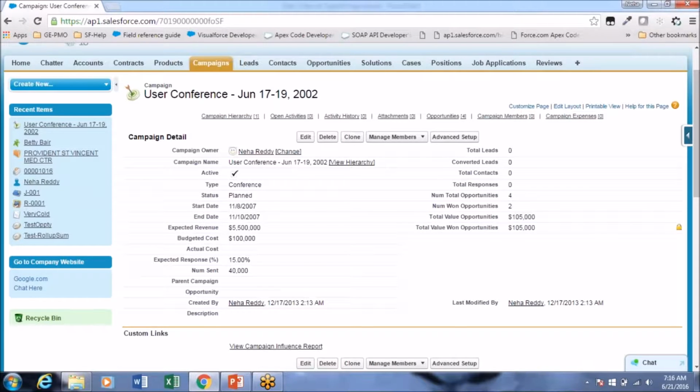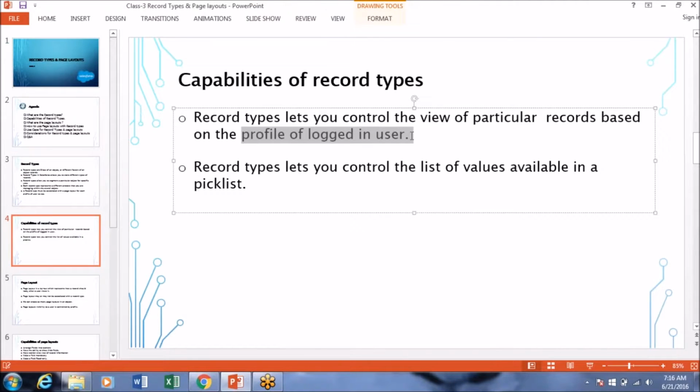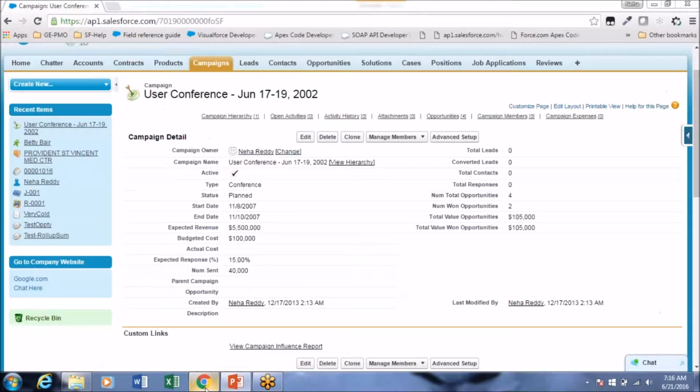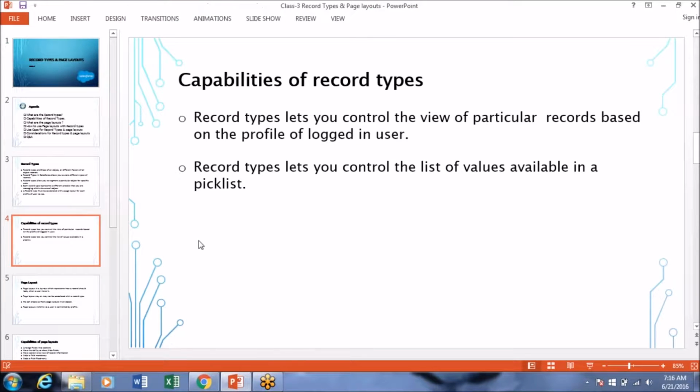This look and feel, whatever you are seeing on a record, is controlled by record types based on the profile of the logged in user. Any confusion here? No, it's clear.